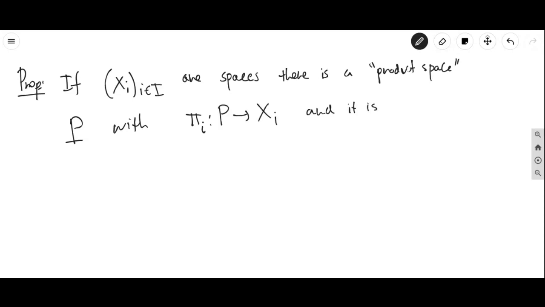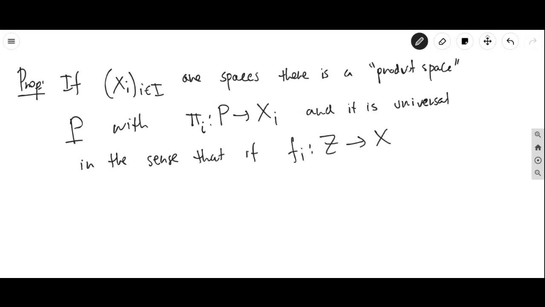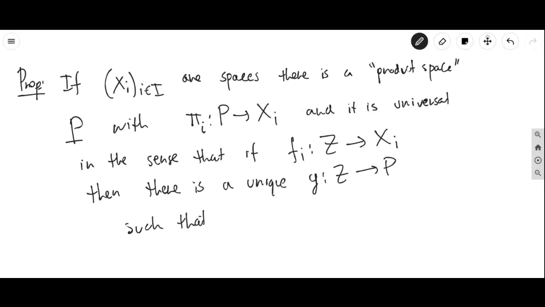And it is universal in the sense that if you have a collection of functions f_i from any other space Z into X_i, then there is a unique map, let's call it g, from Z to P,